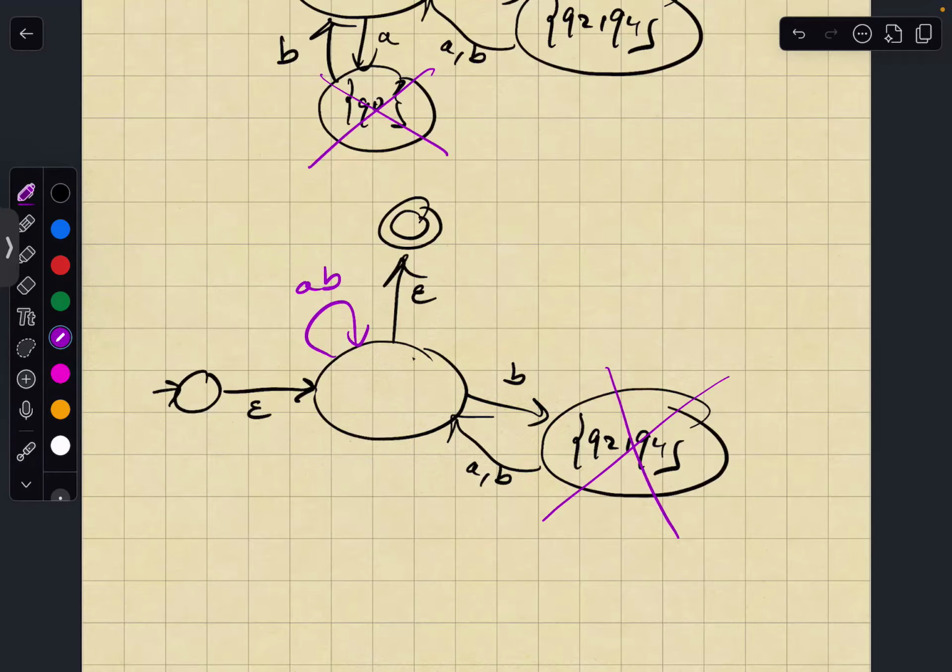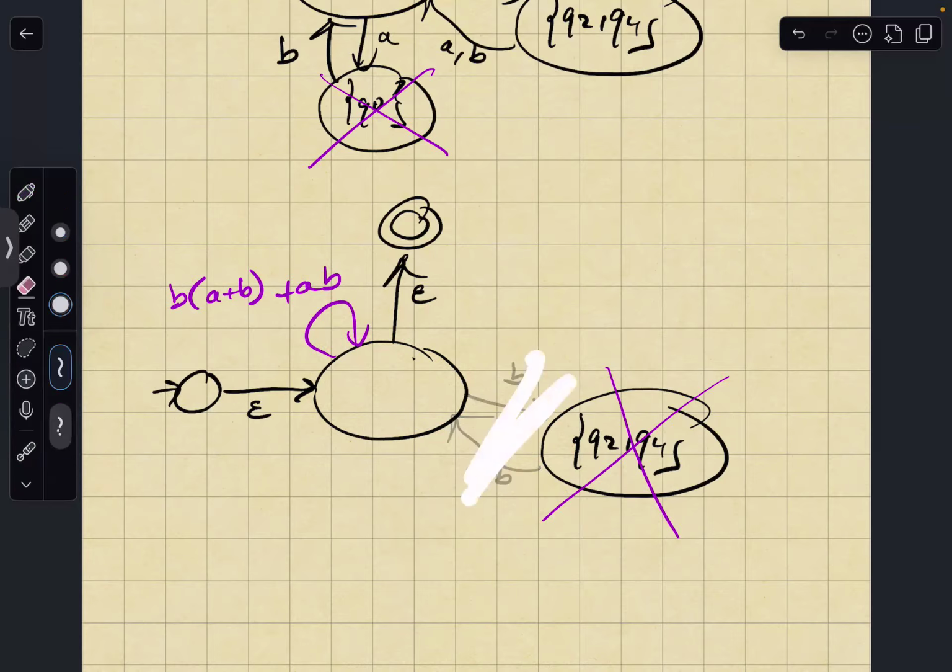Okay. So if I delete this, then I have to preserve the logic. Well, what's the logic that this state allows me to have in my machine? It allows my machine to go from here and then go back to itself by reading a B, and then either an A or a B. So if I remove this state, then what I have to do is add to the self loop B and then A or B. So now I'm going to delete this.